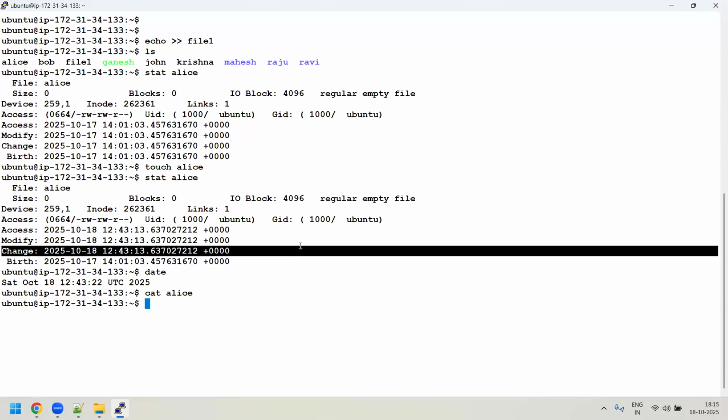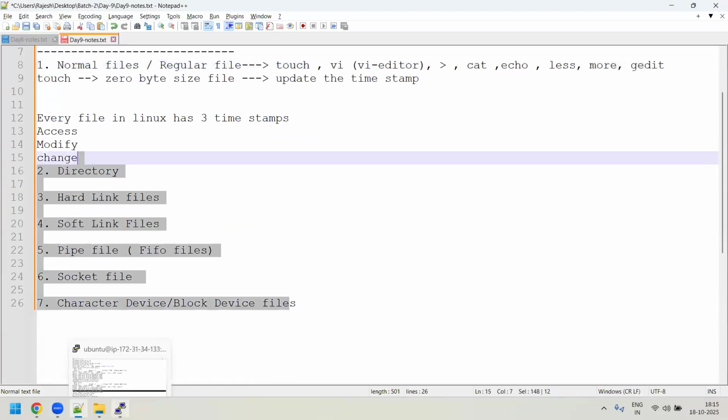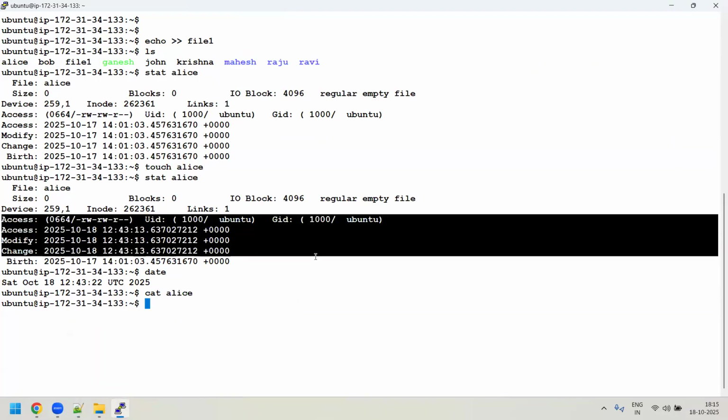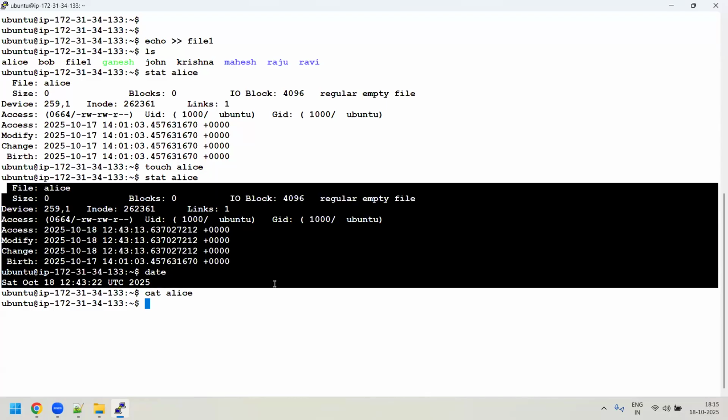So for every file or directory, any type of the 7 types of file, these are the 3 timestamps you will have. And how can you display these timestamps, guys? By executing the stat command. You should remember this, guys. In some interviews they have asked this also. Say I want to check the timestamps, or other information like the inode number, or the user ID and group ID of that file. Is there any command to do it? Yes, the stat command will give all the statistical information about that file or directory.